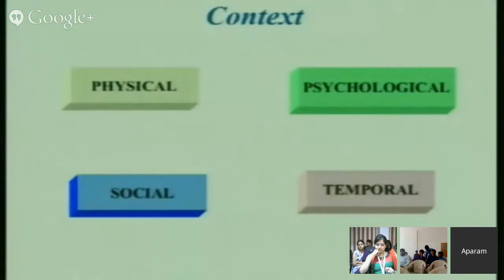Social context refers to the social status of the two people who are involved in the process of communication. Now when I say teacher, a teacher is talking to another teacher, a colleague. The communication will be very open, informal. But now the teacher goes and talks to the head of the department. More formality creeps in. The teacher goes and talks to the director of the institute. Again, it will be more formal, structured communication.